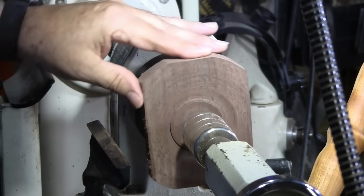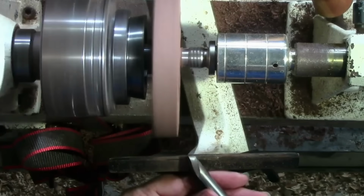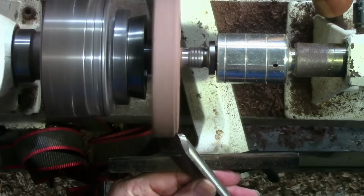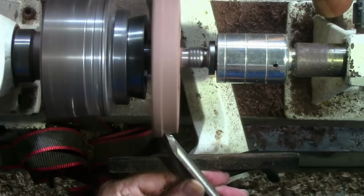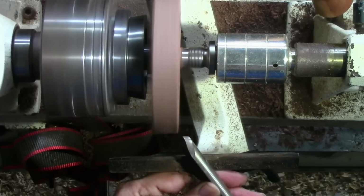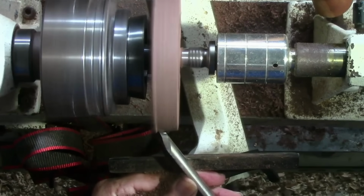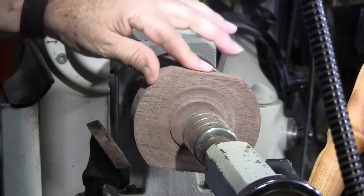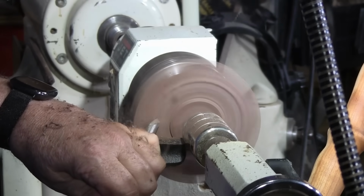Okay, see we still have some flat side here. We want to take this to where this side is all the way curved. You can see we have a complete arc here, complete arc there, and two flat sides. So that's exactly what we want for this project. Okay, so now we're going to come in